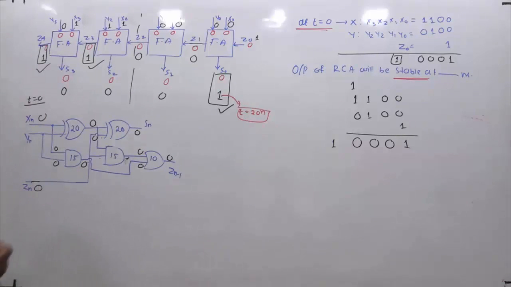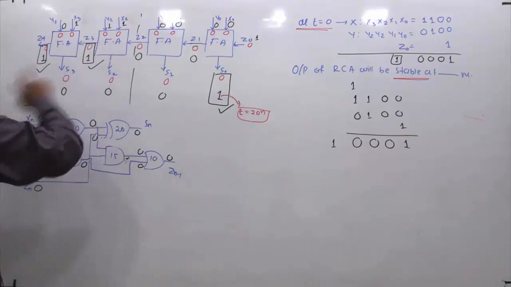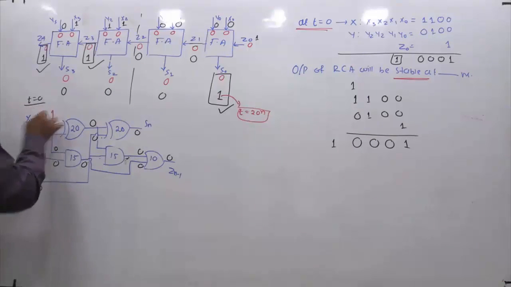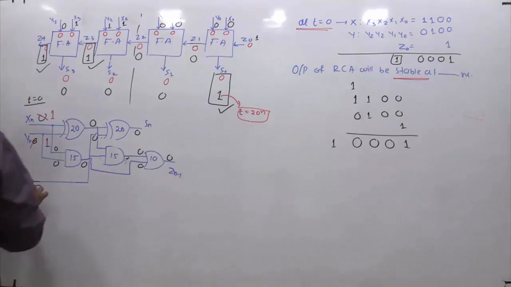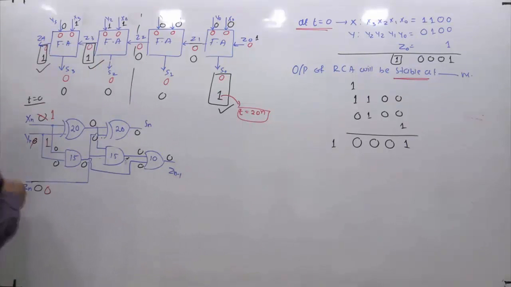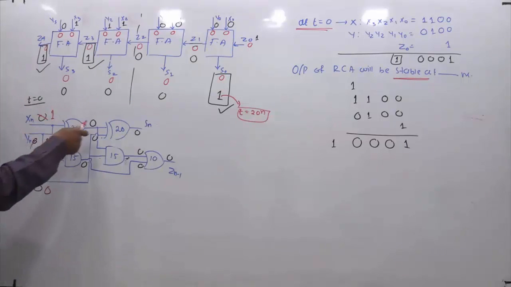Alright, everything is 0. Now what I am doing is, at t equal to 0, I am giving a new set of inputs to this adder. What are the inputs? 1, 1 and 0. So now I am making this 1, and here also it was 0, so I make this 0 also 1, and this other 0 is still the same 0, because it is still 0. Alright, so what's going to happen? The output corresponding to 1 and 1 is still 0.